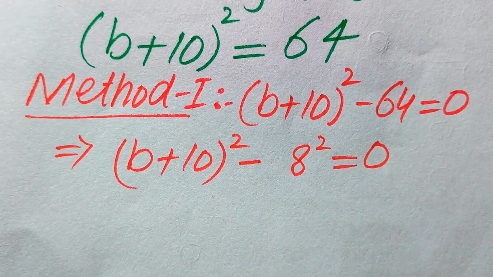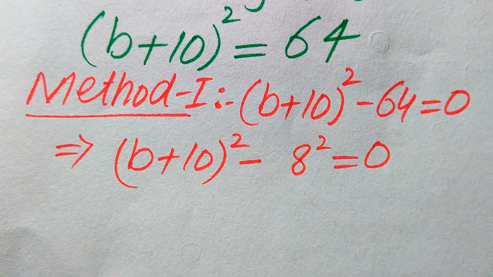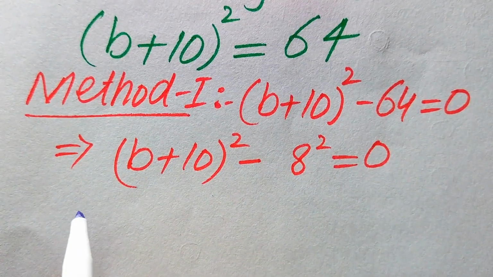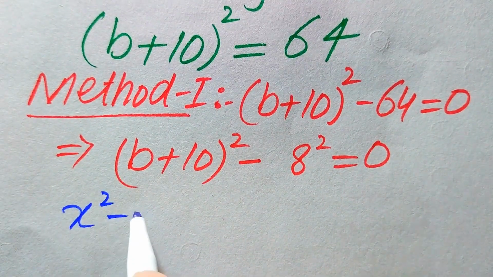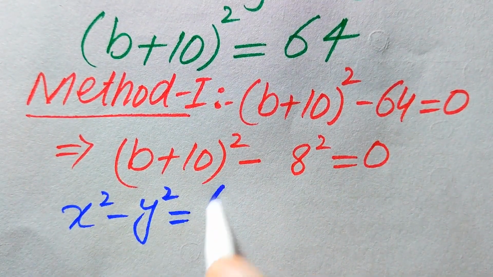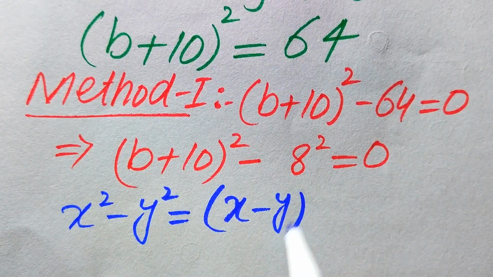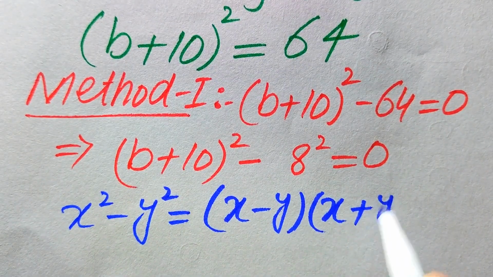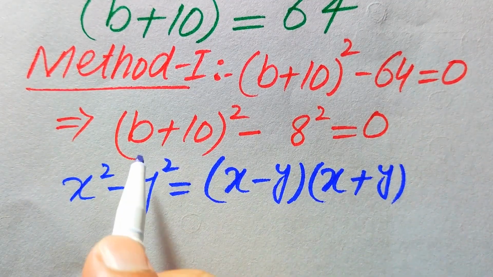Here we use a nice algebraic formula to simplify the equation: x² − y² = (x − y)(x + y), and according to this formula, you see here